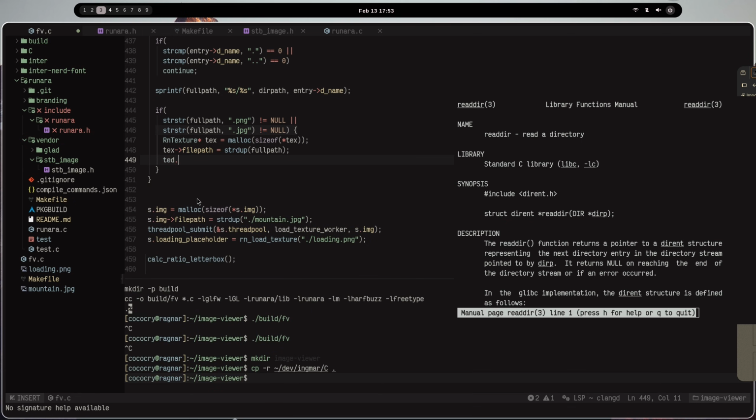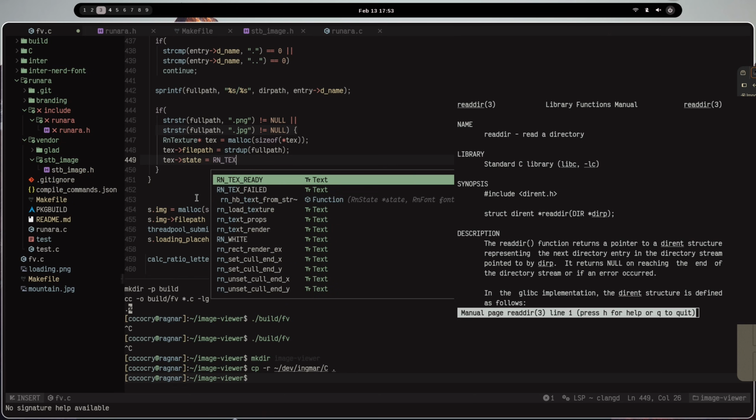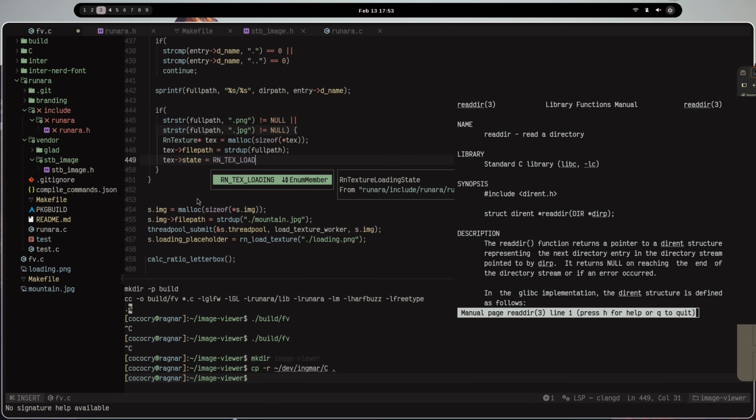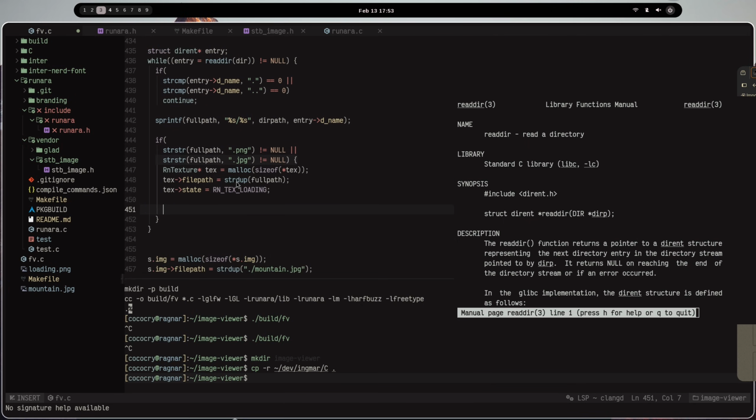And we say text.state is equal to rn text state loading. And yeah, and then we also need to kind of say